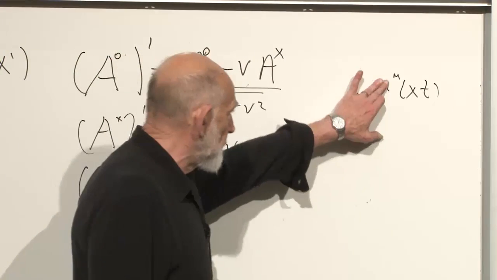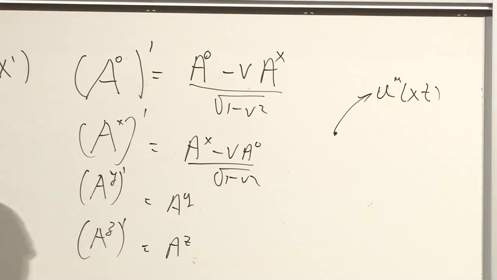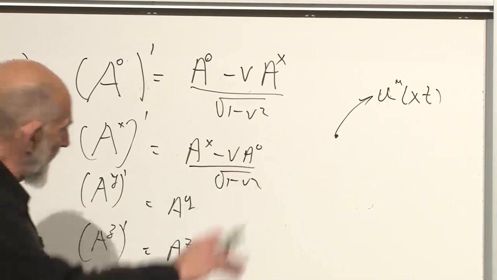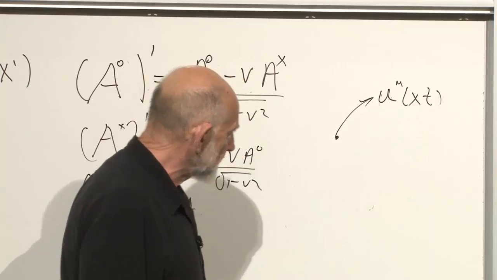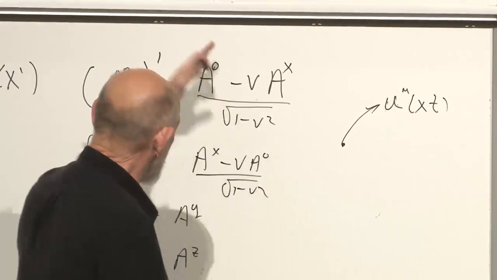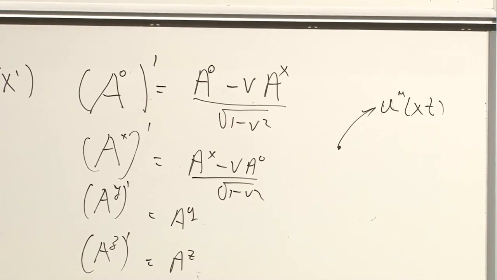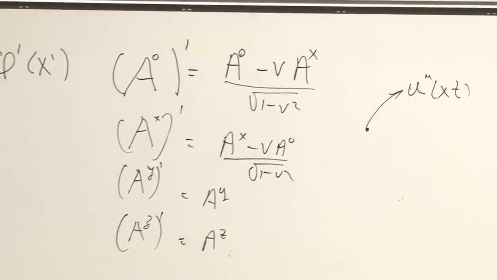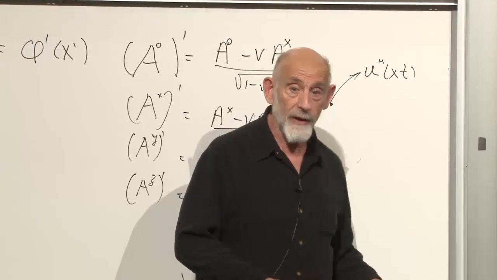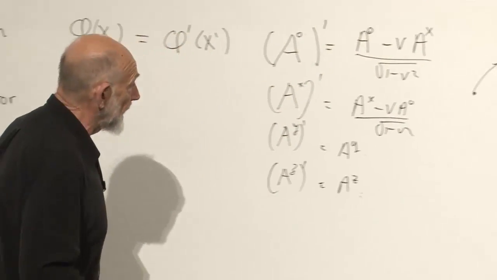The 4 velocity, this is u. The 4 velocity of a fluid in space-time could be thought of as a field. And since it's a 4 velocity, it's a 4 vector. It would transform in exactly this way, except we would call it u instead of a. The value of u in your frame would be different than the value of u in my frame, the components, and they would be related in this manner here.